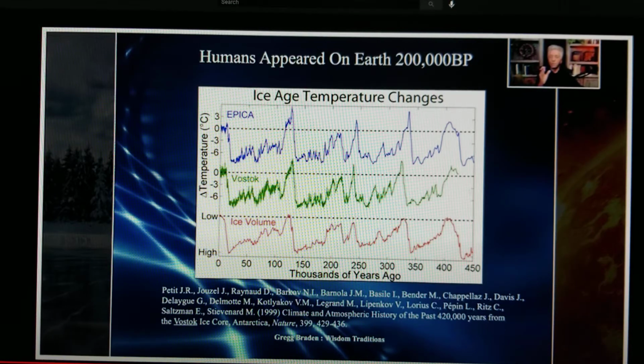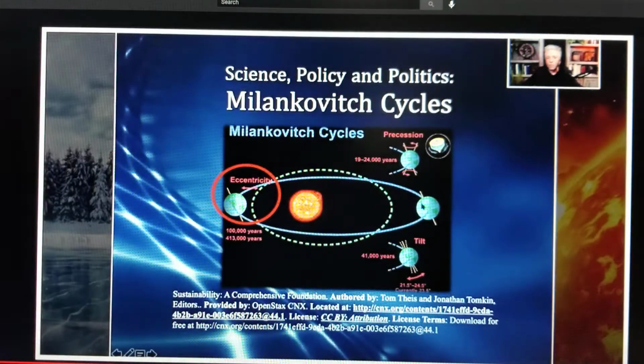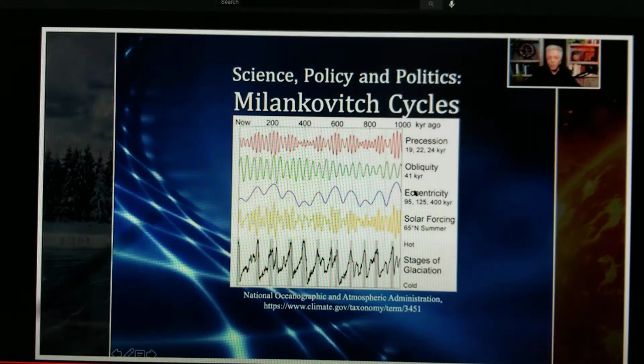So I'm going to go to the next chart. You already saw that one. And once again, the Milankovitch cycle, as you notice, says stage of glaciation. And if you go, this says over here now, that's when it prolongs winter. We might have that after the pole shift.